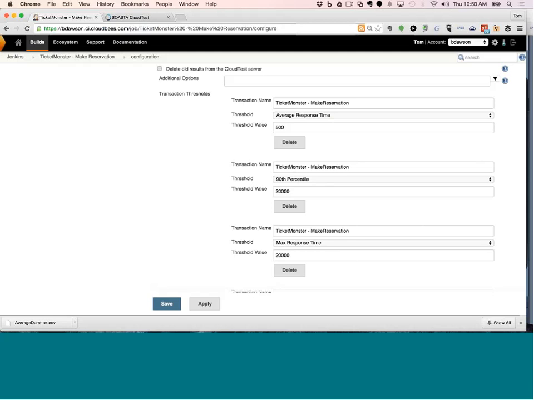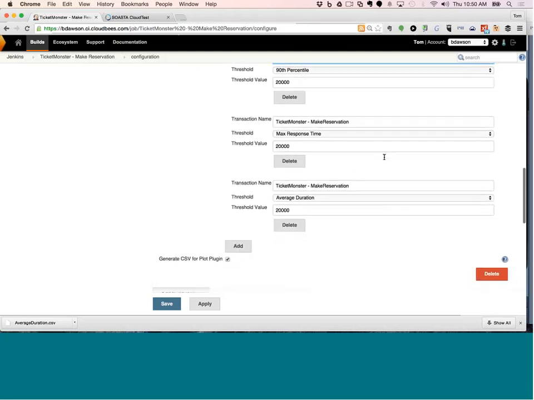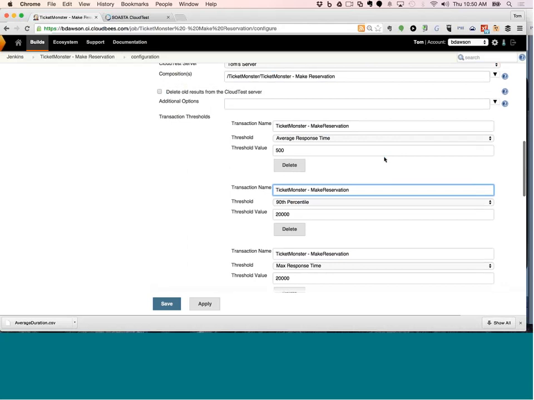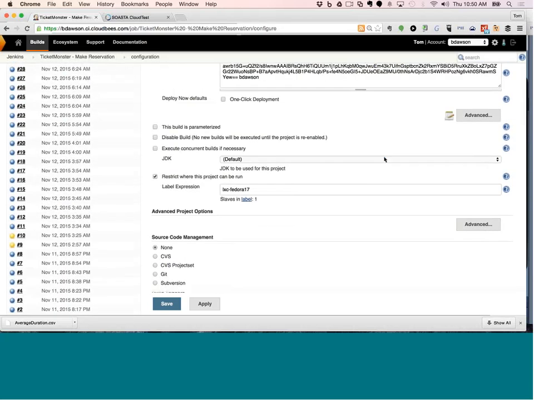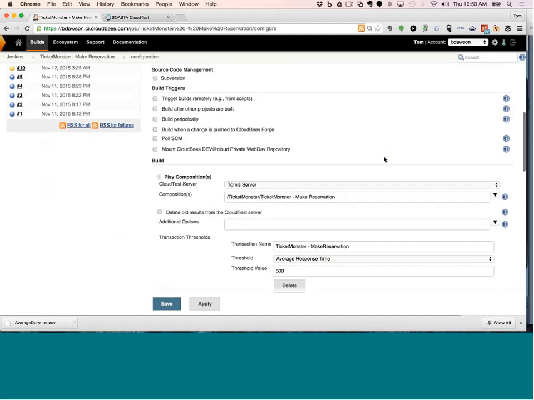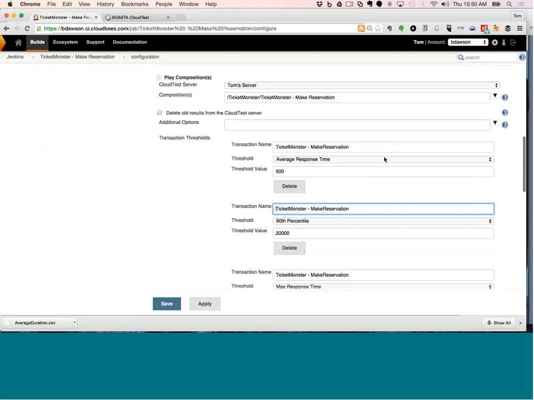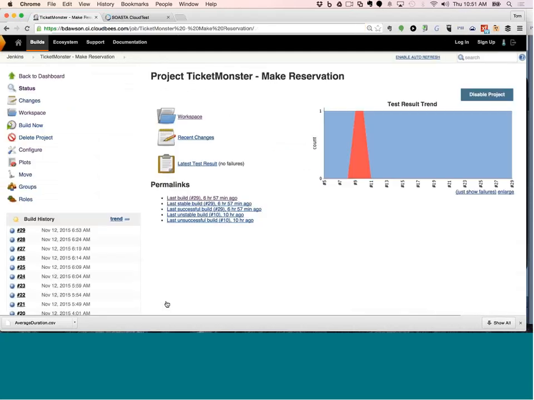And this data will be pulled from the CloudTest server and brought over to Jenkins so that we can look at this data both graphically and as a part of continuing or not continuing the CI process. Similarly, if a functional test fails, you might want to stop the test and send it back to your developer and let them know that something didn't work.